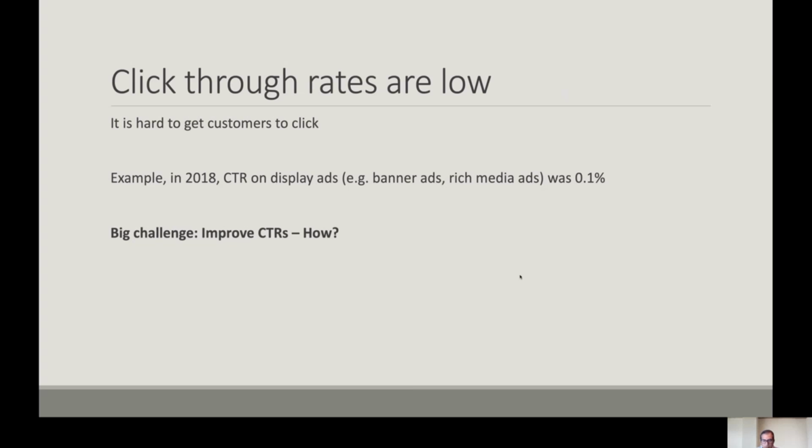To use some 2018 numbers, the click-through rate on display ads is about 0.1% in this year, as compared to the average click-through rate on search ads, which is about 2%. So you can see that there's an order of magnitude difference in the click-through rate between the search ads